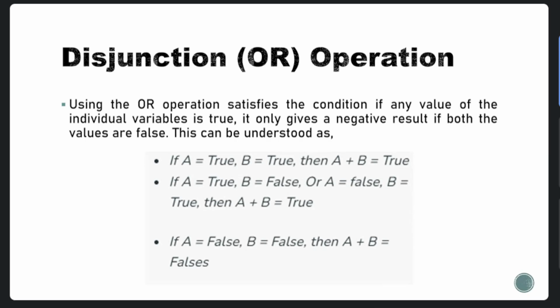It only gives a negative result if both the values are false. Again, in the AND operation, when it is true, false, it is false. When it is false, true, it is false. Now, in the OR operation,